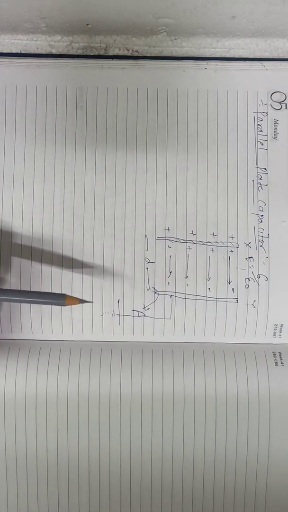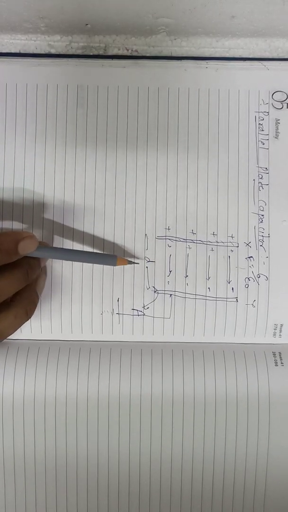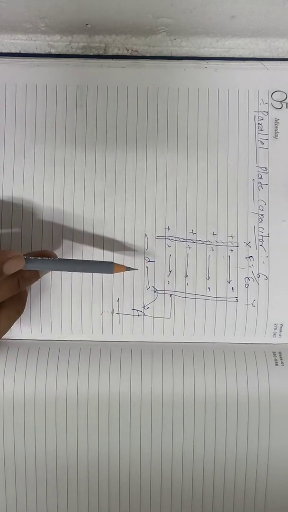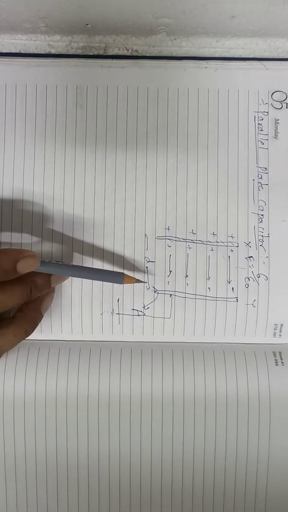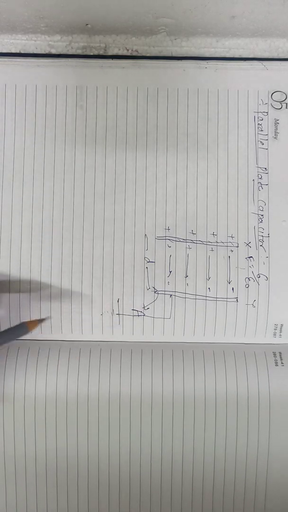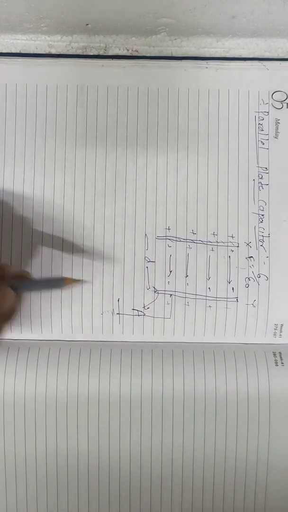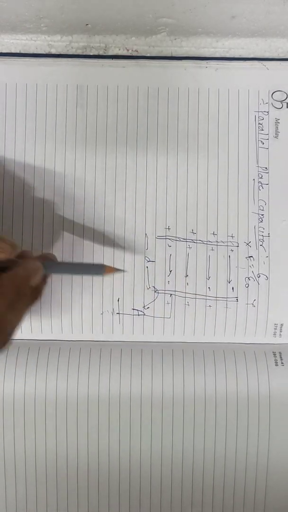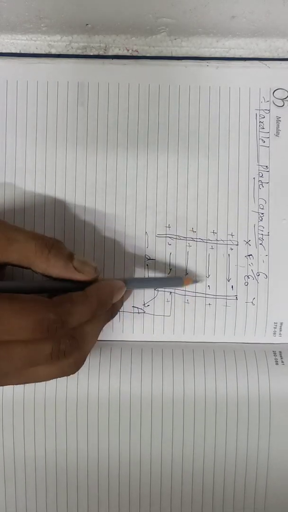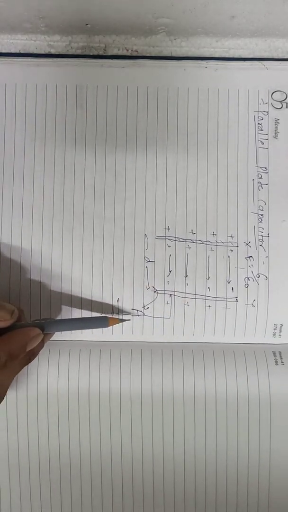When charge capital Q is given to plate X, then charge minus Q appears on the nearer face of the plate Y, we know because of induction, and charge plus Q on the farther face of the plate Y. Now, when we have done earthing here, this nearer one is a bound charge, and this is free charge. Free charge will go to earth.